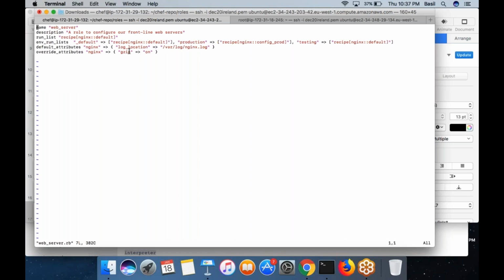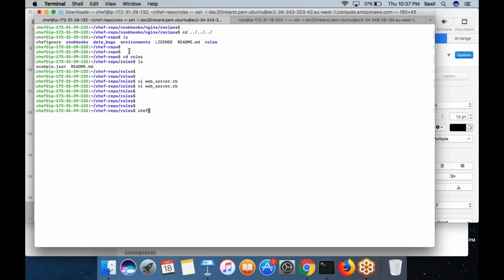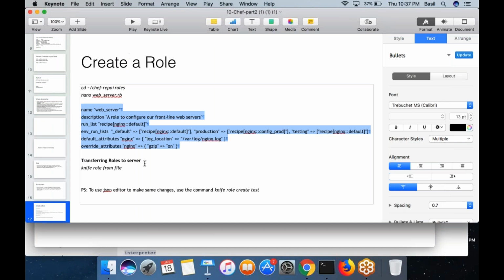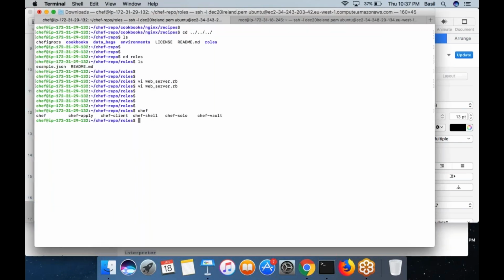Basically you just wrote the information about the role. Now you want to create the role. The role is not created yet in the Chef server. You are going to do that. The command is going to be knife role from file webserver.